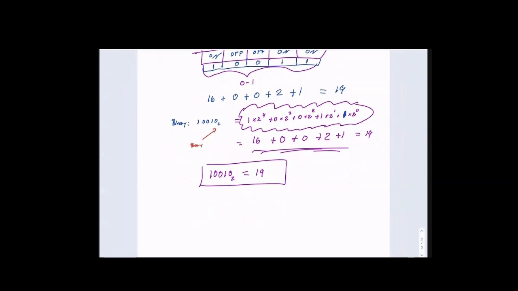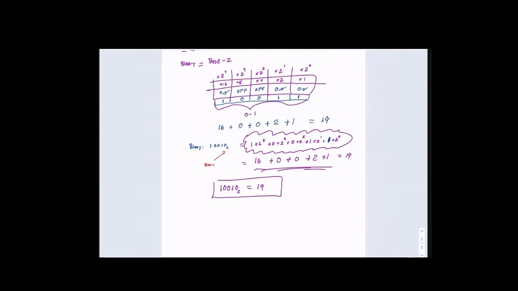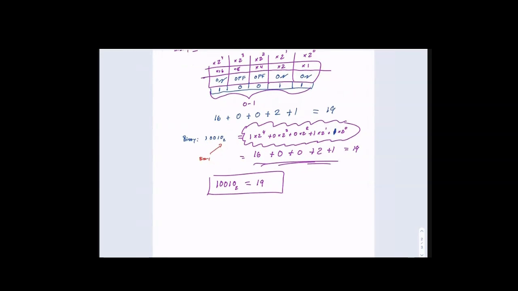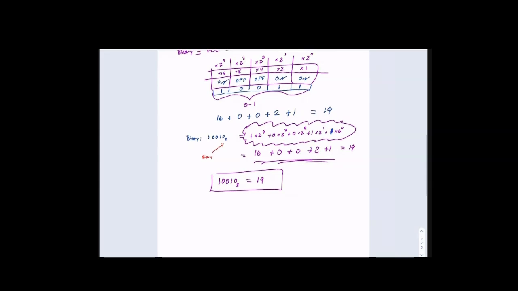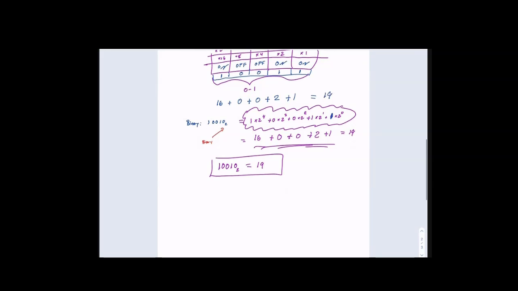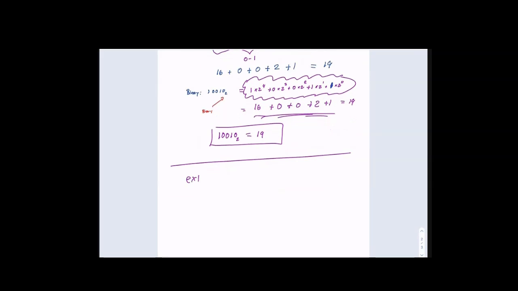So you've got to think about these as a bunch of on and off switches. It's 2 to the 0, and you've got to count from 0. In this case there were 5 places, so you're always going to have to go minus 1. When going this way, the biggest number, and I want to note here, if we were to turn all of these on, 1 1 1 1 1,